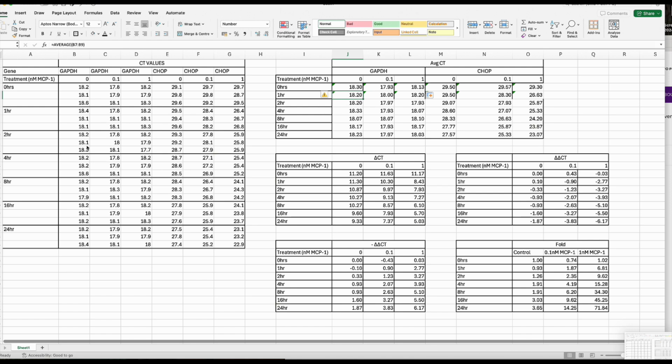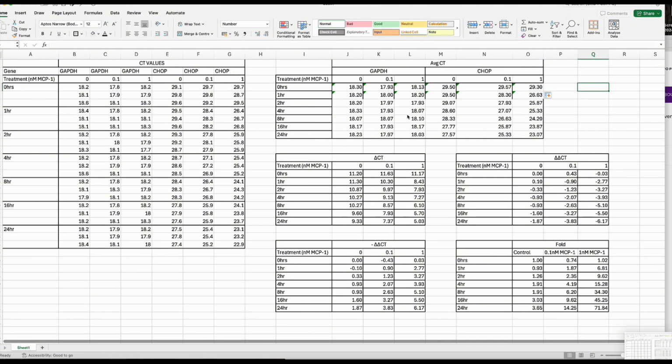For the next cell, I have to calculate the average for these, and that moves down. However, once I have those values, I can again move left to right, and that should grab all values that are needed. And I can actually go all the way to the right for all cells, including the CHOP gene. Once that's done, this table is finished, and I can go and start calculating my first difference in CT values,